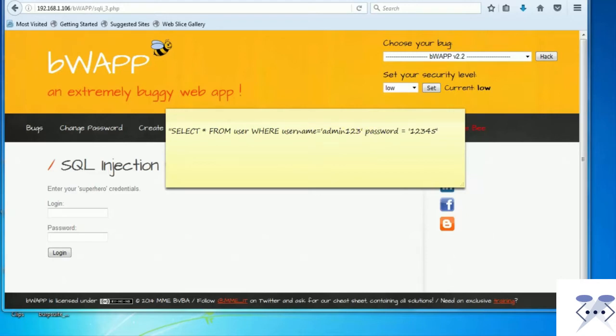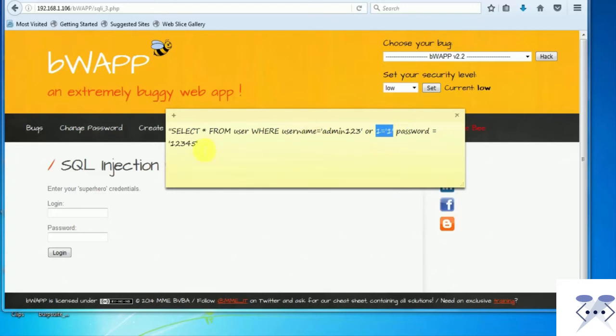which means it's doing a comparison between the user supplied input and the data which is present in the database. Now, in order to bypass this login page, we can do a small trick: inject some SQL payload to get the server application confused. Here is the place for the username. If I write here admin123 single quote or 1 equals 1,